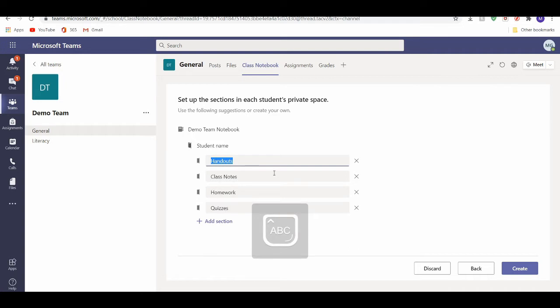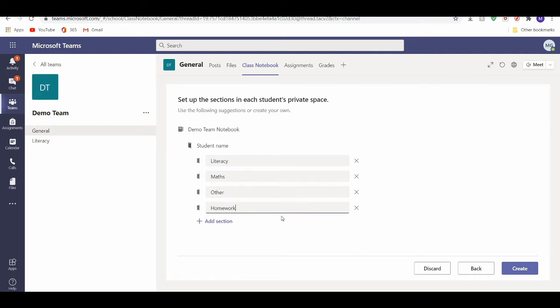So the sections that I quite like to have are a literacy section, a math section, an other curricular areas section, and a homework section. And I find these to be 4 quite effective sections to be giving my kids for in-class use. Now think of each of these sections as a separate jotter, if you will. So I've basically given them a place to post their literacy work, a place to post their maths work, other